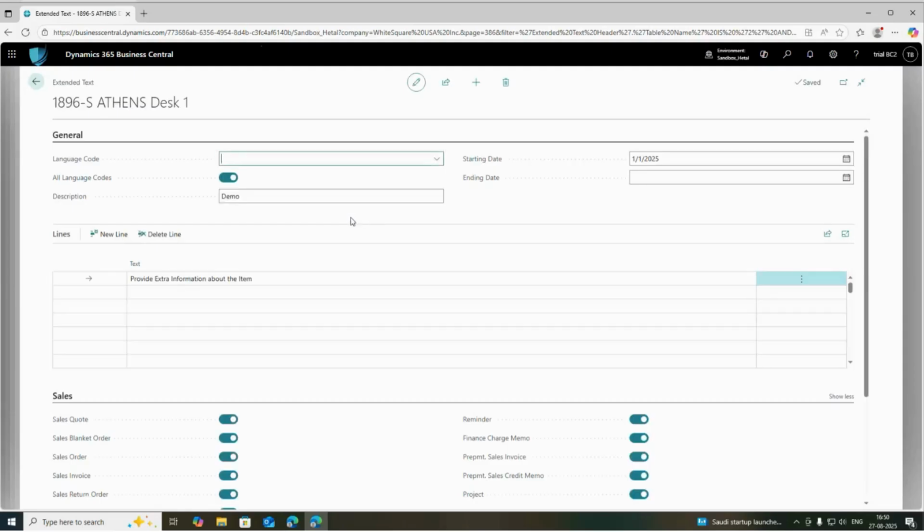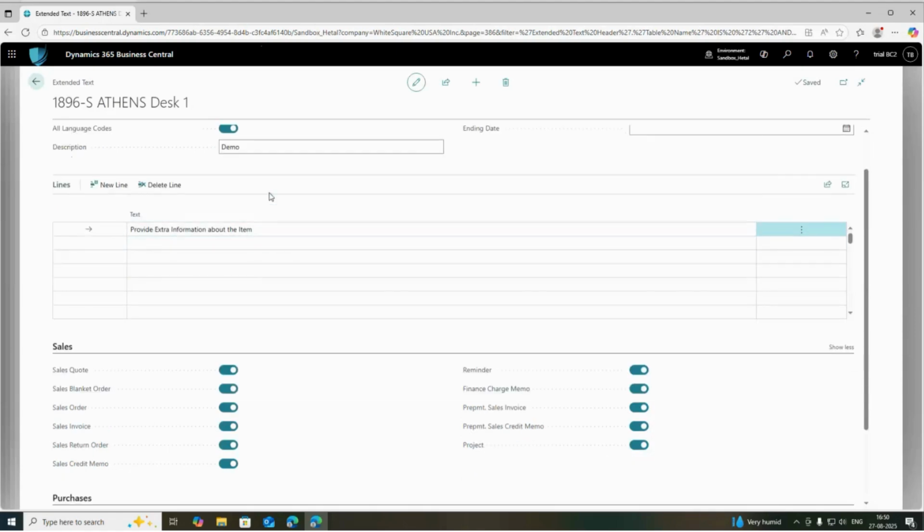Make the necessary setup, like entering a language code, or you can use the all language code for all languages. Enter a description, enter a starting date for this extended text, and enter an ending date, which is optional. Now at the line level, enter the text which you want to show on project planning lines. I have already entered one line.